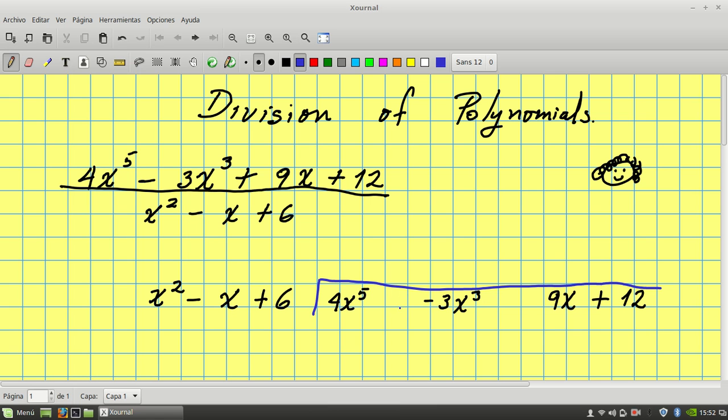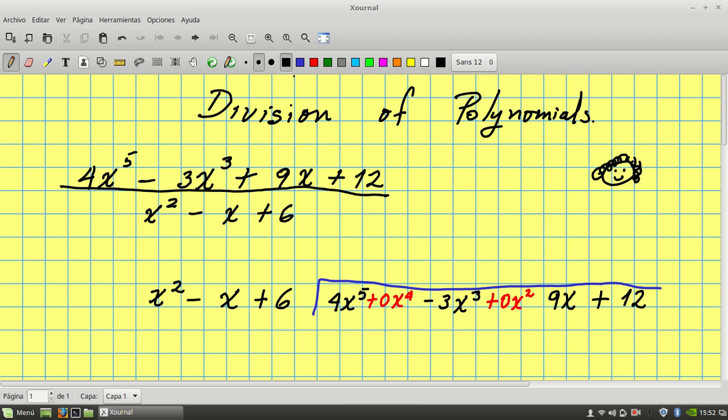Look at that, I left some spaces here. Why I left these spaces here? Because I have fifth power and then third power, so I don't have a term with fourth power. So it's better to write 0x to the fourth power, and I don't have a term with second power, so it's better to write 0x to the second power, just in case we have terms with fourth power and second power. Okay, so that will be the first part, to write the division of polynomials,